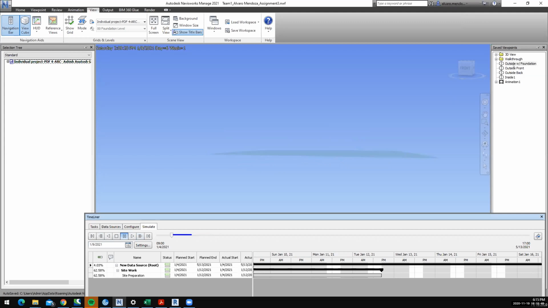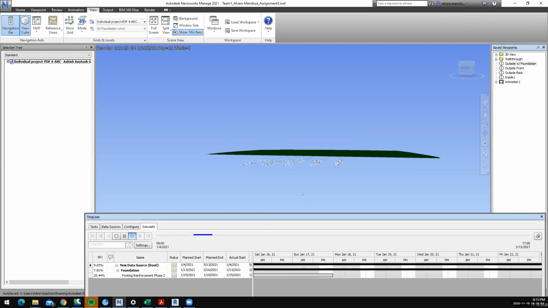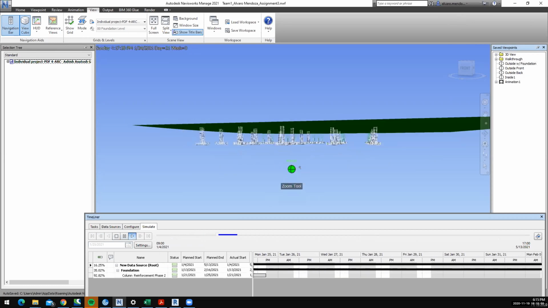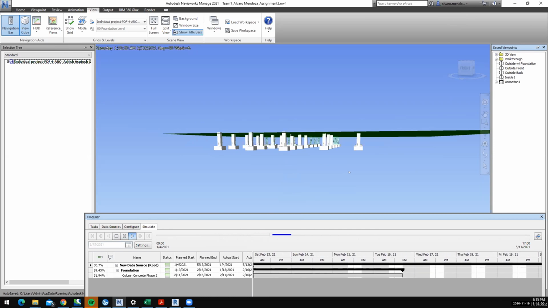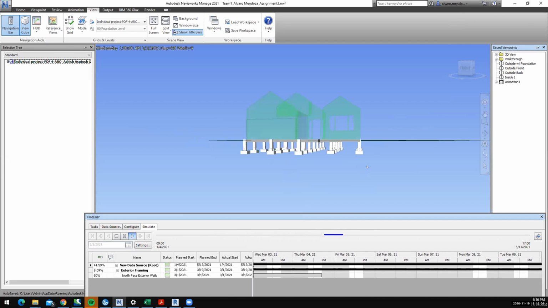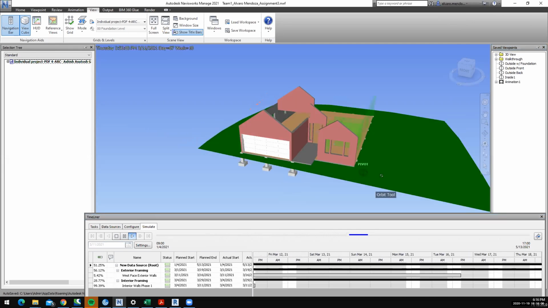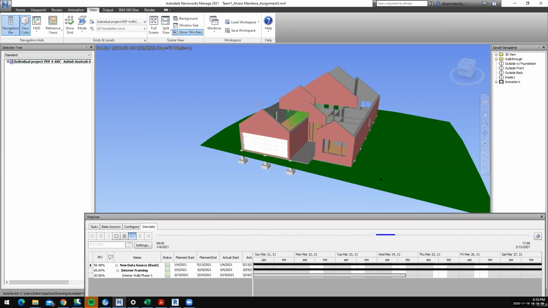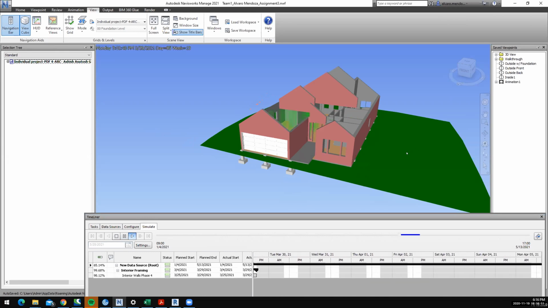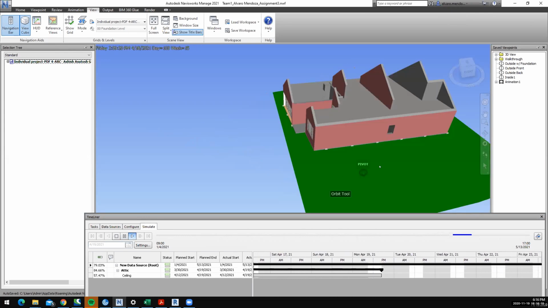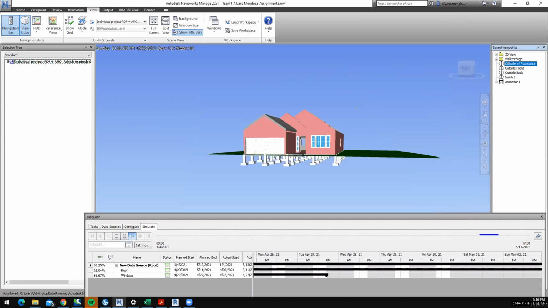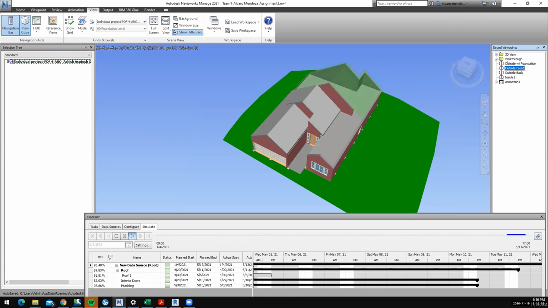So let's just start from the beginning. This is from outside. You can see the reinforcement and the footings. It is being built in different phases, columns being built in different phases. Then the floor comes in, and then the exterior walls, and then interior walls. So we can go around. And then the roof,